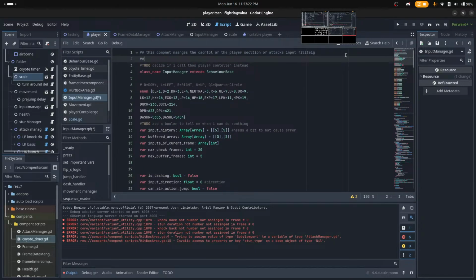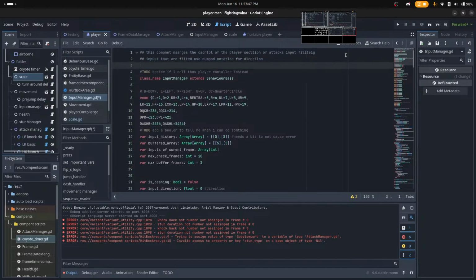Well, I should identify that inputs that are filtered use numpad notation for directions and use